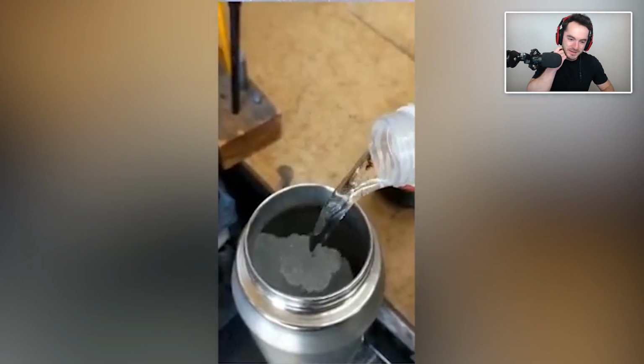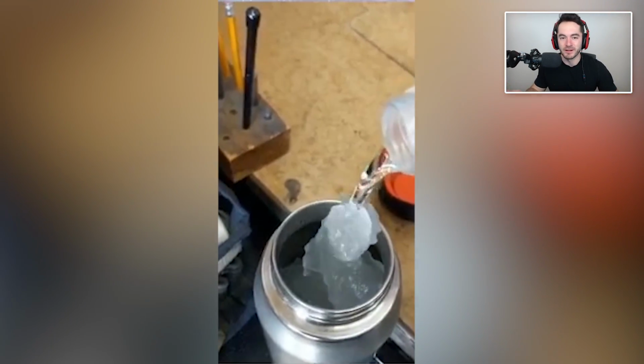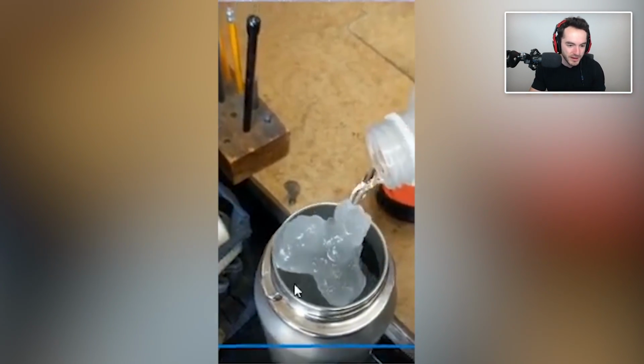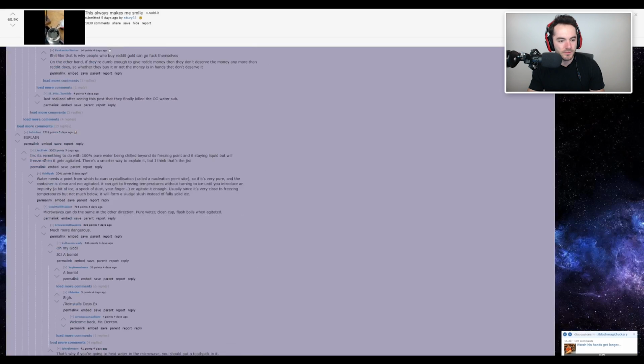Just be careful not to get too close. I feel like if you touch that, it would be really bad news. Well, you could probably turn it off, I assume, as long as the switch is within reach. But wait, the water stays liquid right on the outside. How is it just on the inside, but right on the outside it's still liquid and it's not having a problem rolling? What? If I recall correctly, it's something to do with 100% pure water being chilled beyond its freezing point, and it's staying liquid but will freeze when it's agitated. Oh,